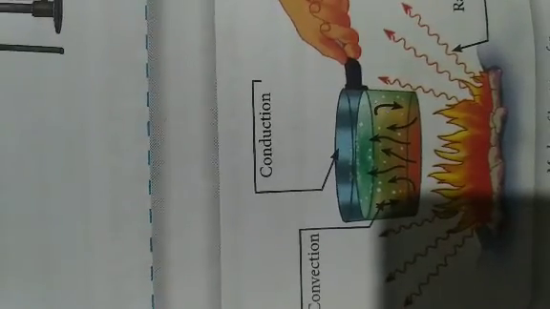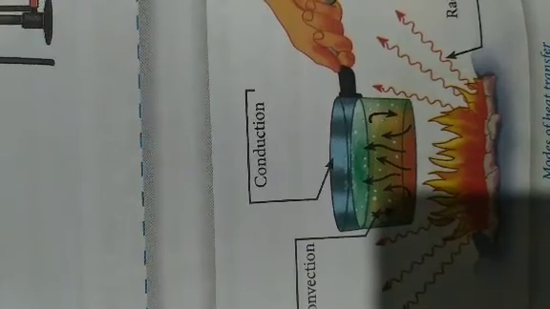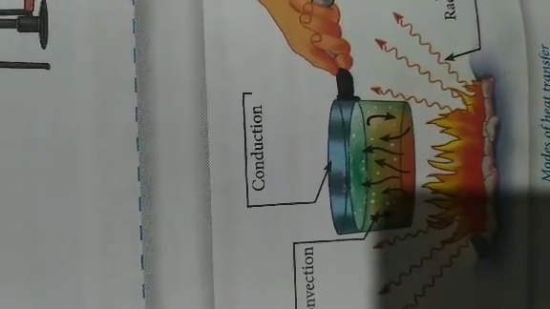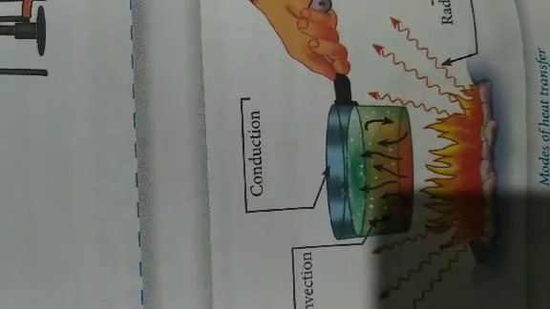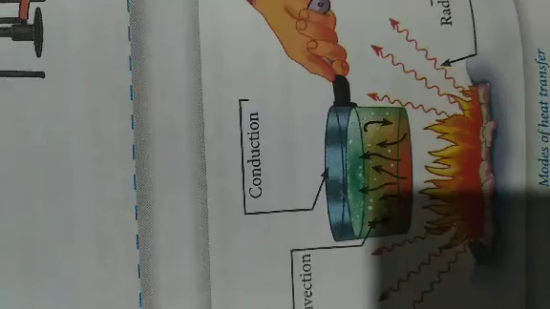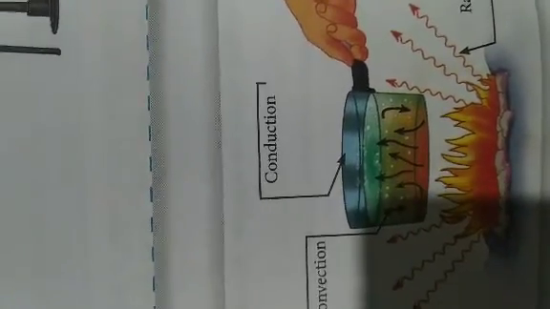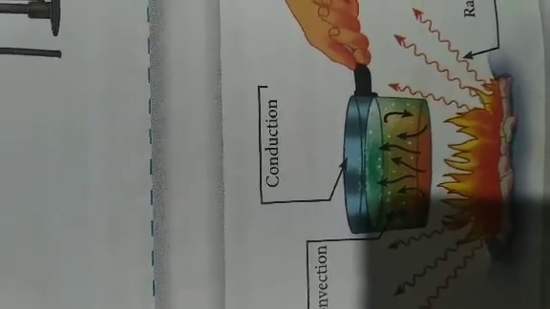Conduction is a process of heat transfer from an object at higher temperature to an object at lower temperature. It means that conduction is a process of heat transfer from a hotter to a cooler end of a body, or between two bodies at different temperatures which are in contact with each other. So you must have the experience that when a metal spoon is kept in a pan,